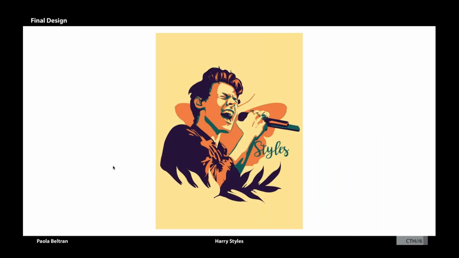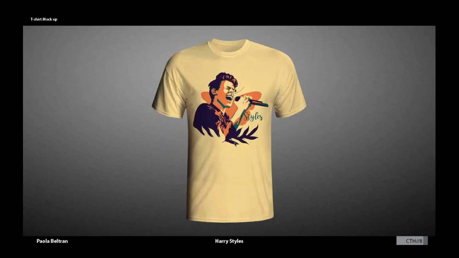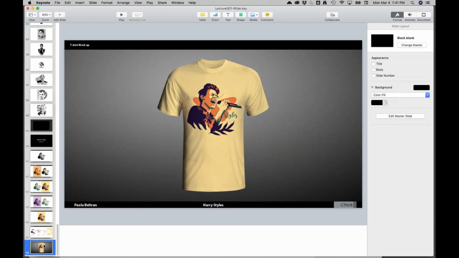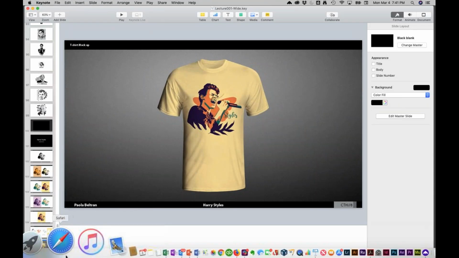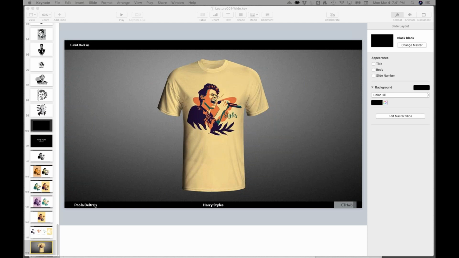Then you're going to pick your favorite out of those, and you're going to do color separations just like you would if you're going to a screen printer, and put it on a t-shirt mock-up. Does that sound like fun? Yes. So the first step in this assignment is to figure out who your hero is. And I want it to be somebody you care about, because you'll do better work if you